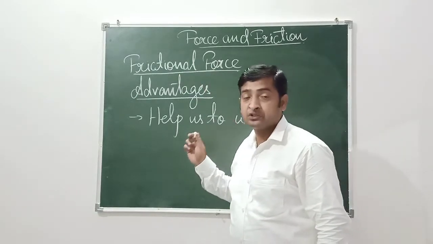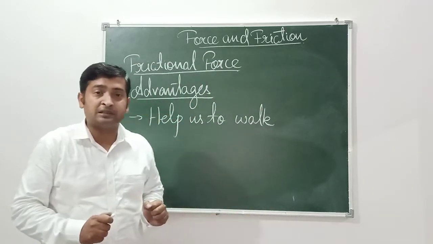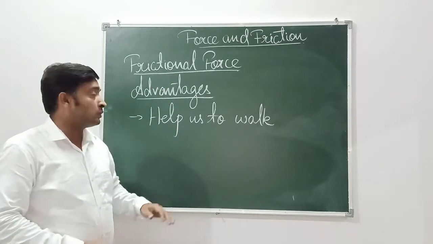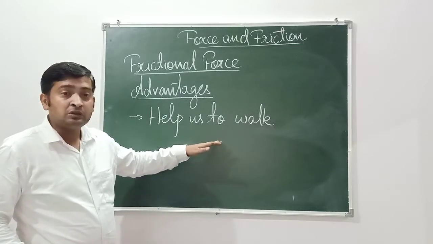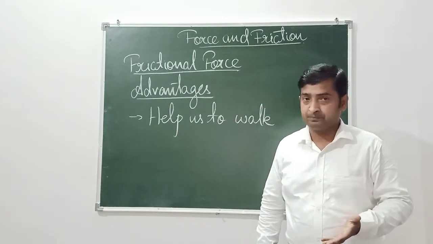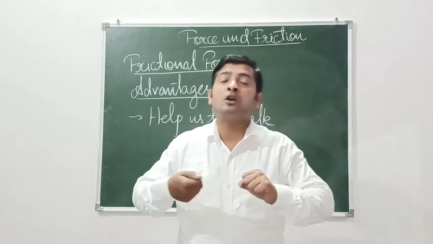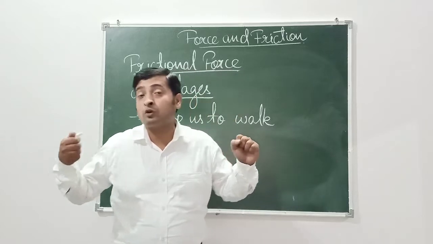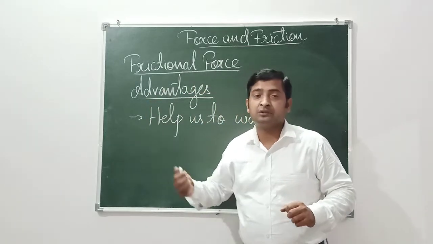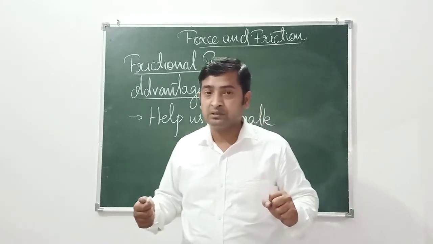Because of this friction, we are able to hold things, we can push things, we can pull things. All these things we are doing with the help of frictional force. We can increase this friction, and it actually gives us a better grip. We use a screw to hold things together. We make knots to hold ropes together. All these things cannot be done without friction. This friction allows the screw to hold things together. We use rope to hold things together, isn't it?